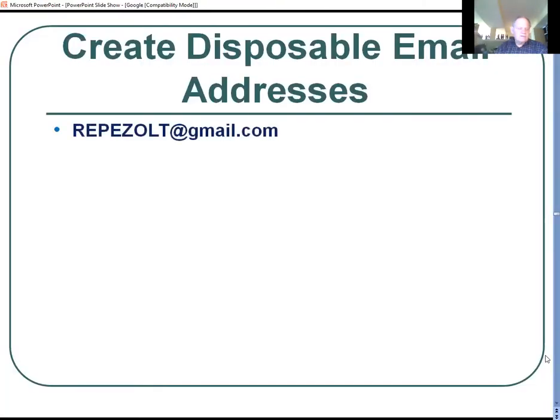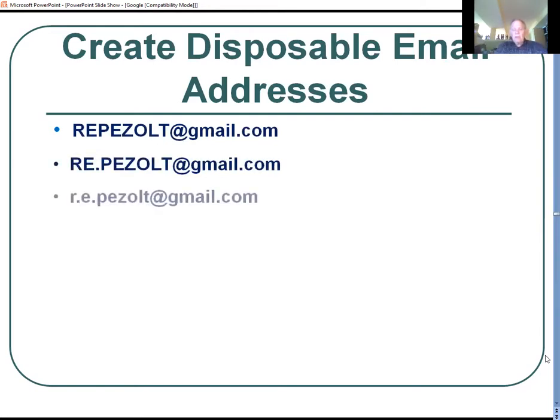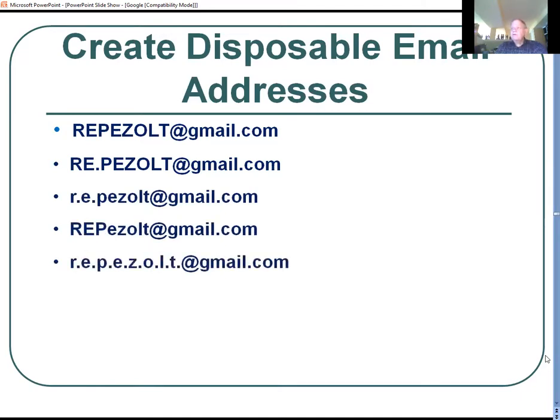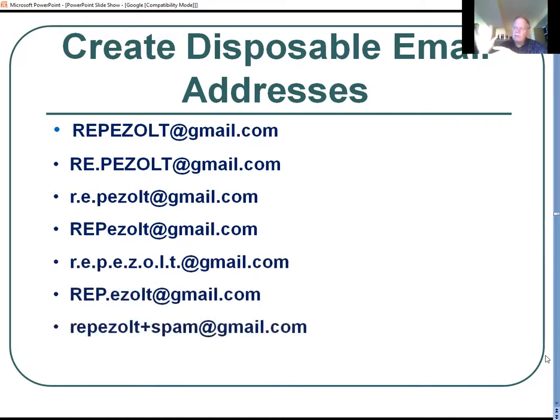One of the nice things, and I said before, I use a Gmail address. And in using a Gmail address, I discovered this interesting little thing to put together disposable email addresses. You'll note that there's 6 or 7 different addresses up here. They're all repezolt@gmail.com. They can be capital, they can have periods in them. They can even have a plus and additional information. Down at the bottom, it says repezolt plus